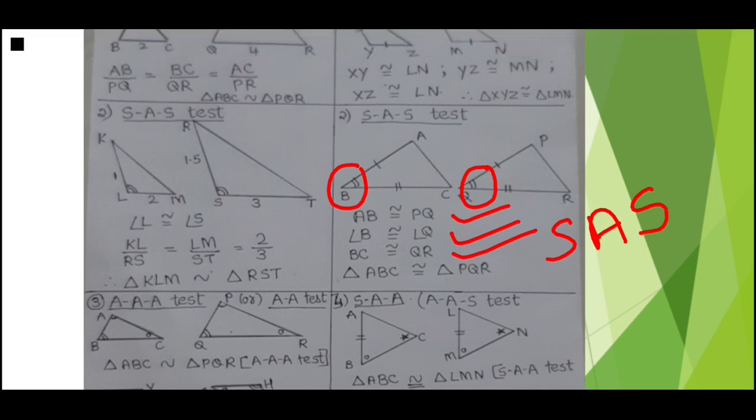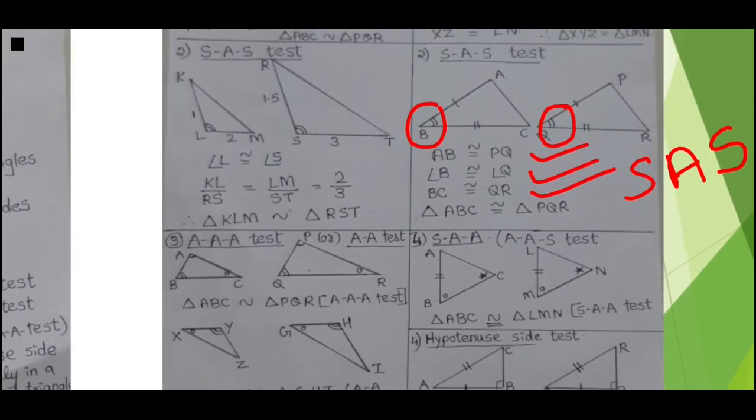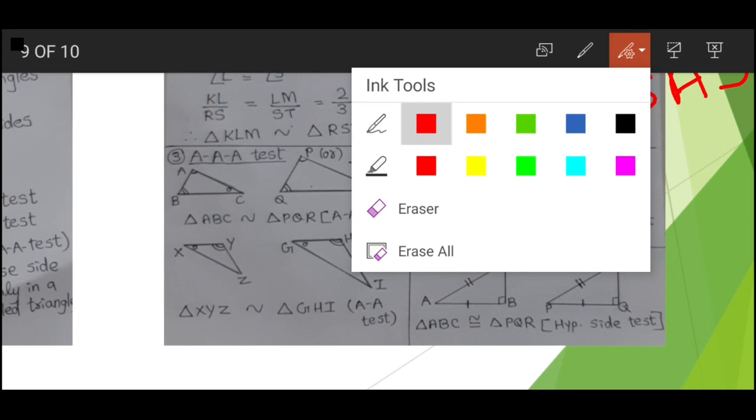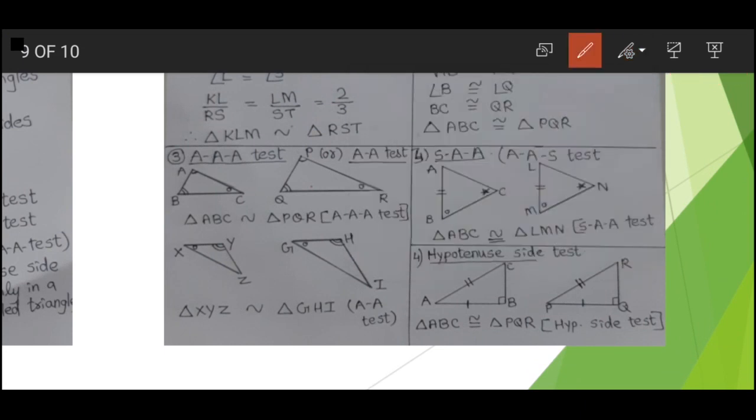Now let's go to the next part, that is the AAA test for similarity of triangles. Triple A means all the corresponding three angles will be congruent. You can see the symbol I have given over here. That is, angle A is congruent to angle P, angle B is congruent to angle Q, angle C is congruent to angle R. So three angles are given, so we can say that both the triangles are similar by triple